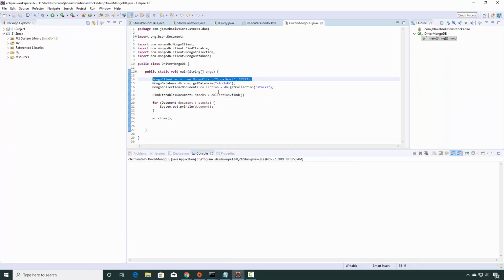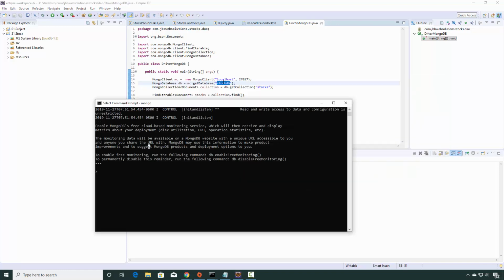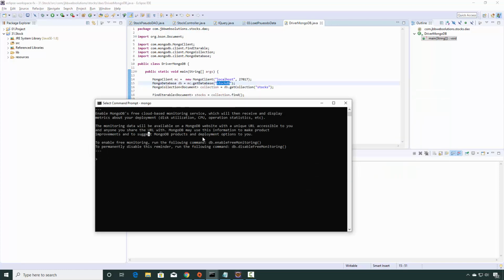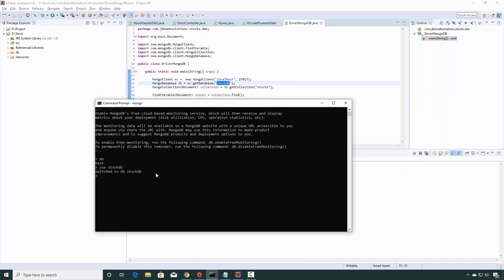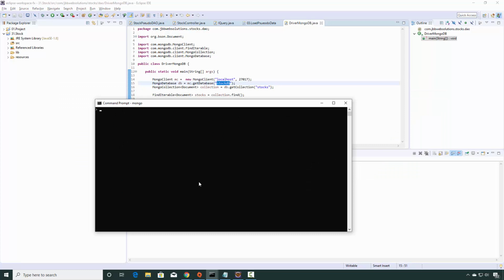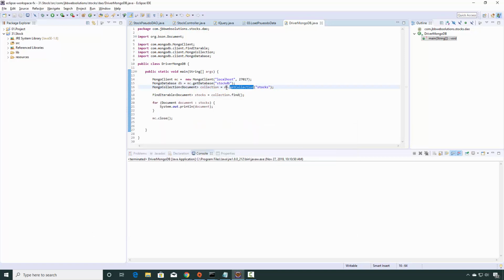This represents the client. The next thing I have to do is go into the right database. If I type in DB now, notice right now I'm in the test database. In the code, I'm going to switch over to the StockDB database, which is this guy right here. The next step is I usually just double check and do a show collections just to make sure I'm in the right place. I see the stocks collection,